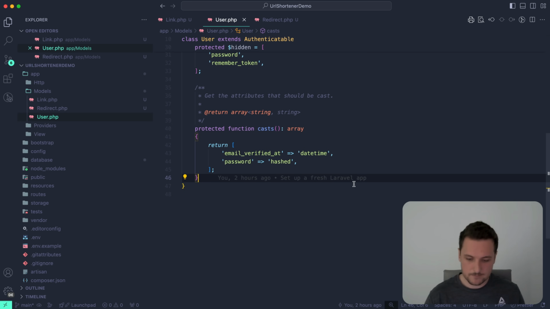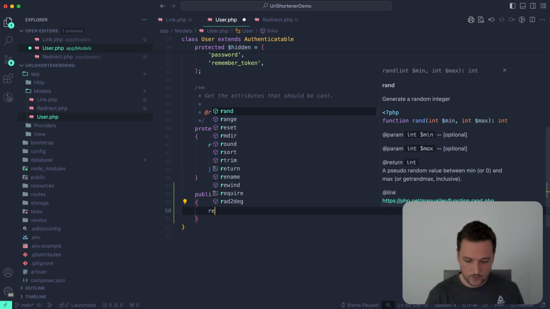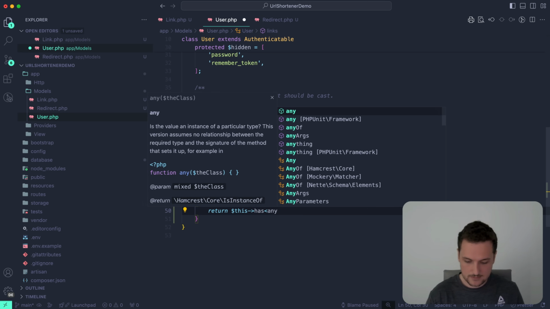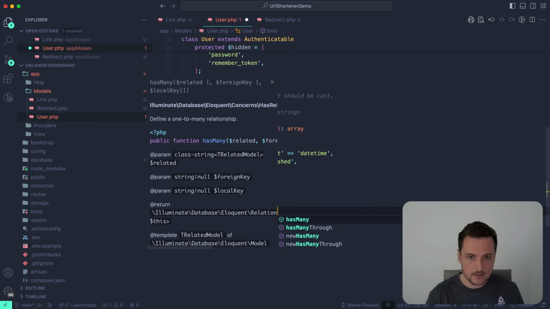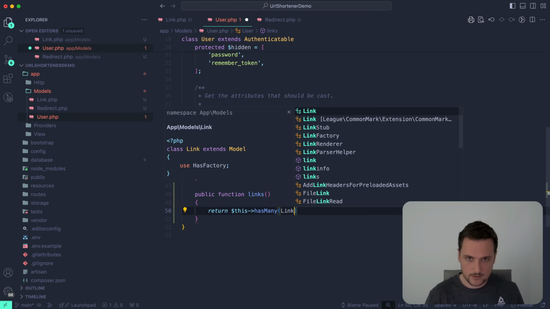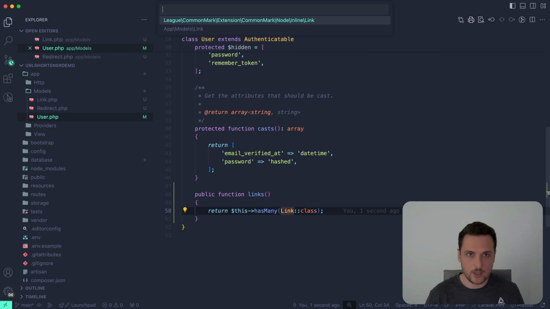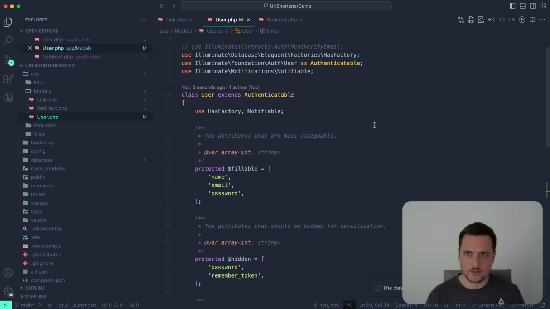I'm going to scroll to the bottom, and I'm going to create a new function, and I'm going to call it links. And I'm going to return this has many link. And this will have to be imported. I have a helper for this, but it's App\Models\Link. And that's actually it for the user model. Next, we're going to go to the link model,